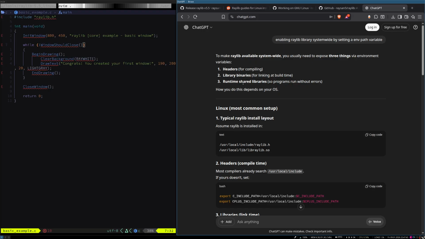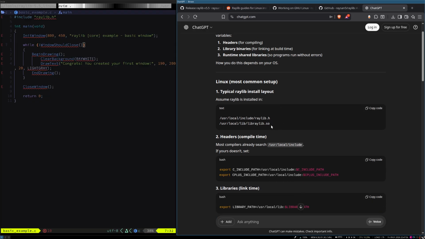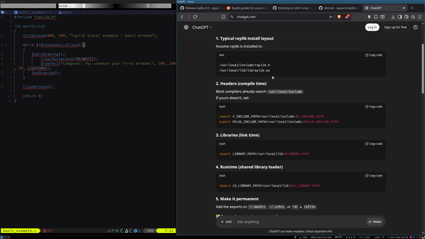Address library binaries, runtime shared libraries. Most common, this article installs and is installed in here. Okay, so it was